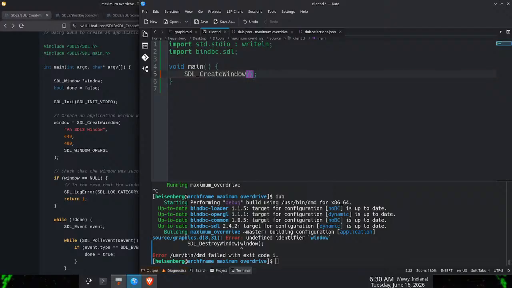We'll call it window, comma, 1600, comma 900. And then it needs another one, which is, I mean, SDL OpenGL just creates an OpenGL window. Window underscore OpenGL. Let's try that out. And then